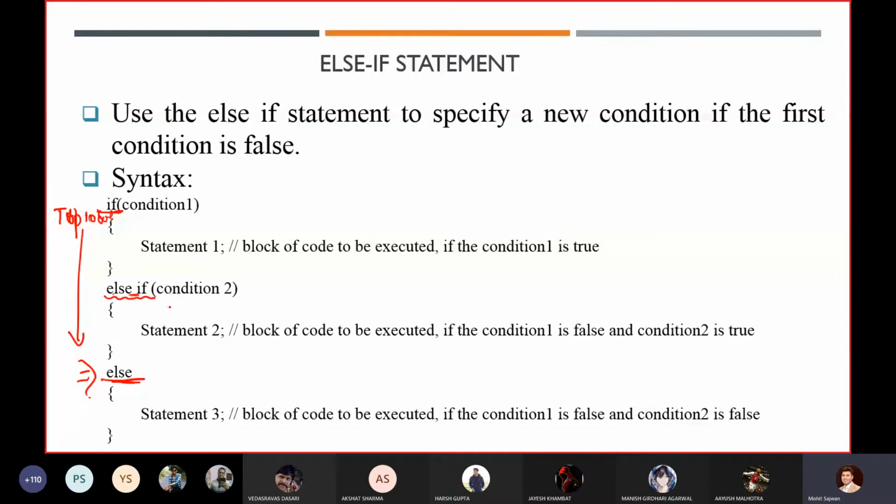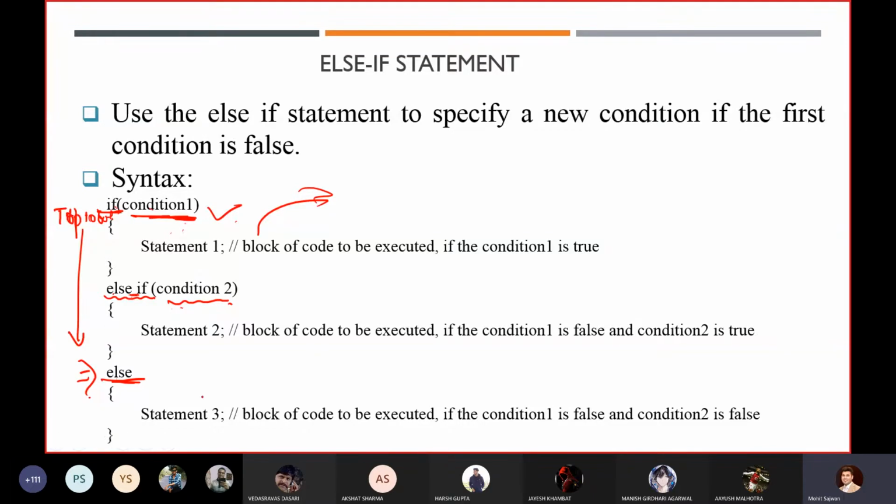So first of all, it will execute if this condition is true, then it will terminate this entire condition. As I told you earlier in the last lecture also, if we are satisfying condition 1, even though we are also satisfying condition 2, it will not execute condition 2, it will terminate this entire if statement.